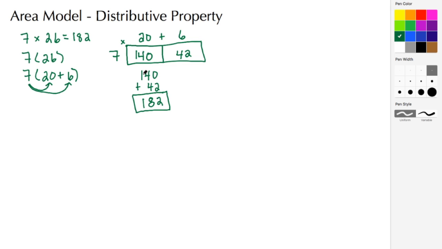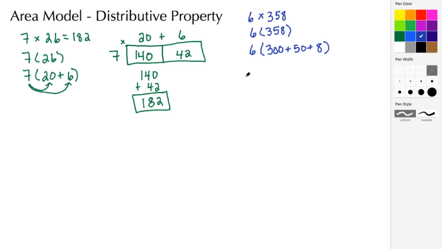All right, let's do another example. This time let's multiply 6 times 358. So let's go here. Matter of fact, let's go ahead and change the color as well. So let's do 6 times 358. And again, I'm going to show that without the multiplication sign. Here, multiplication is implied because I don't see the operator. And lastly, I'm going to show it with the 358 in expanded form, where that's 300 because I have a 3 in the hundreds place, 50 because I have 5 tens, and then 8 because I have 8 ones.